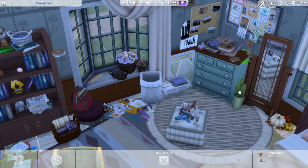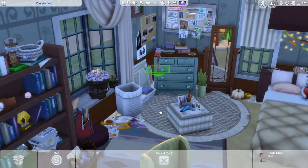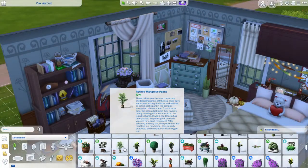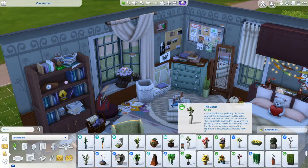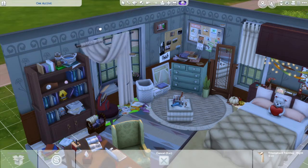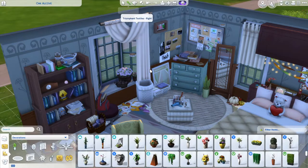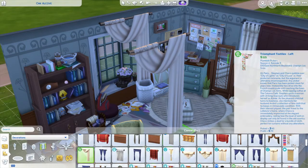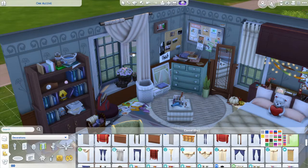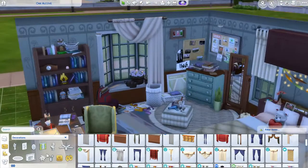I probably would have put some of those little LED lights that I have hanging above the bed right there along the top of the walls to make it feel a little bit warmer and a little bit cozier. But you will see in the screenshots at the end that I changed the overhead lighting and the lamp lighting to orange, just to make it a little bit warmer, make it feel like it fit a little bit better. Then I decided that I wanted to keep the